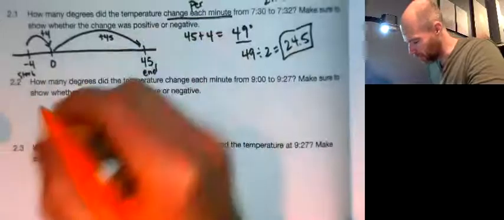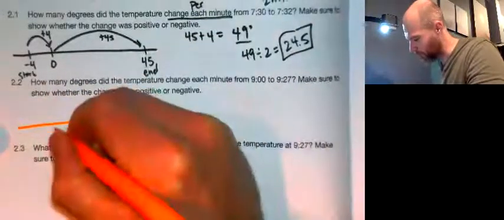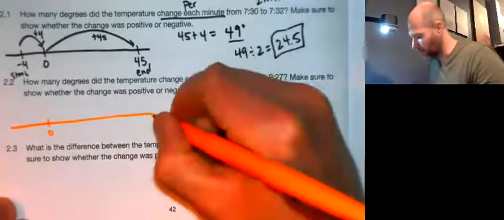So I'm going to draw a similar number line like I did in the previous question. And so I'll put 0 around here again. And this time I'll put